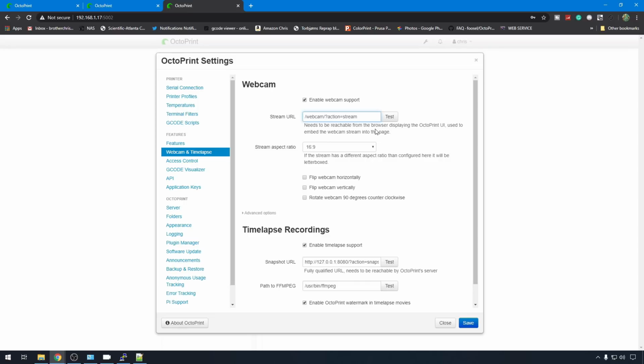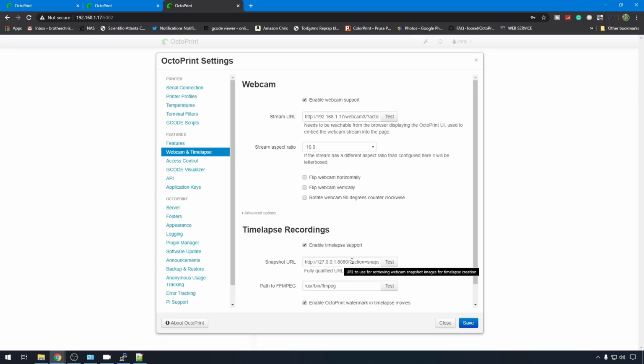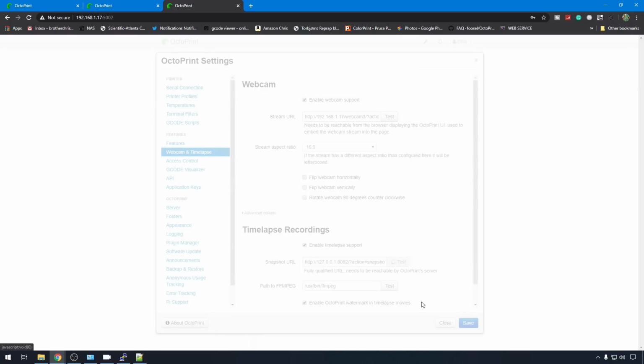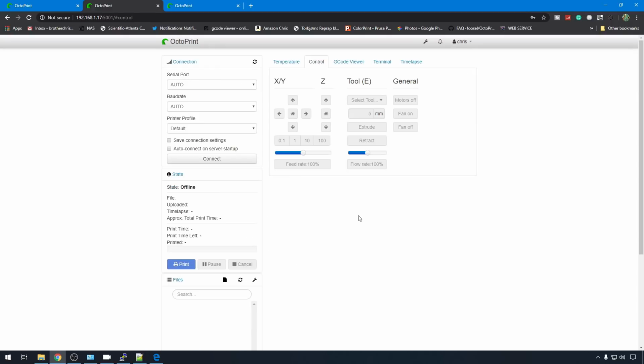Again, we have the defaults in here. We just need to add the IP, http://192.168.1.17, and we'll change webcam to webcam 3. We can test. There's our Ender 3 cam. Snapshot, we moved this one to 80.82. We'll test. We're good there too. We can save this. Now if we go to control tab, and if you're having problems getting your camera to show up in your control tab,